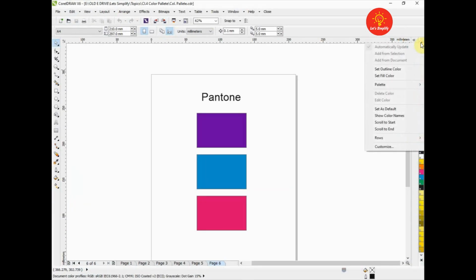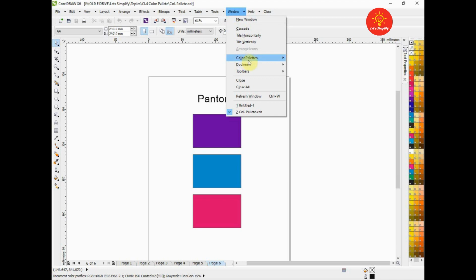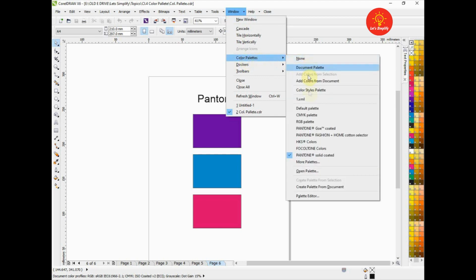Now let's click on this black arrow. Then we will go to the rows and select 3 rows from here. By this, our color palette gets expanded. We can also enable our color palette from window, color palette and RGB color palette.